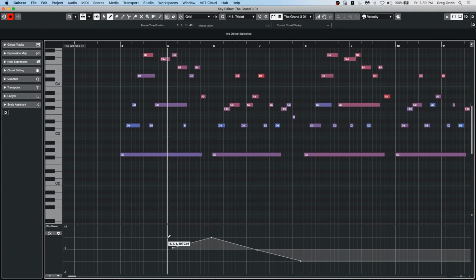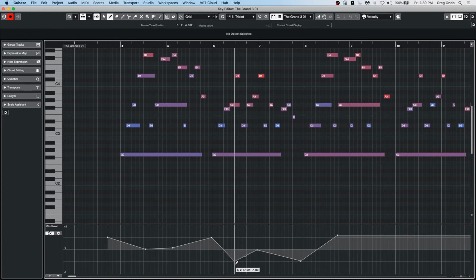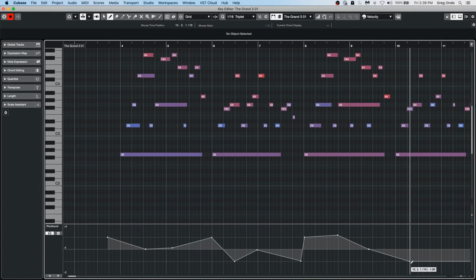pitch bend. But what a lot of people want to do is to actually just go right to the line and have it snap and just feel assured that it's going to be in tune. And that's what we could do. This little option here is the pitch bend snap. So now as we enter in notes, I could just click in that general area and that will just put the pitch bend data and snap it to being on the semitone grid. And once we're here, we could also take your pitch bend and be able to handle all of those different